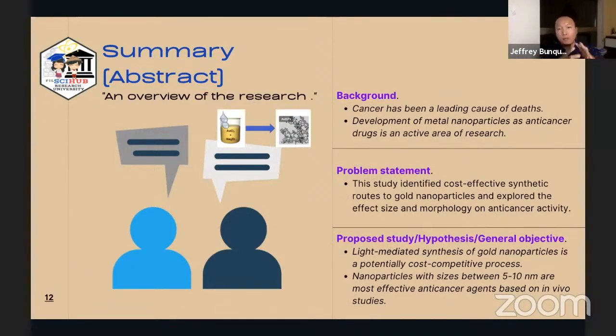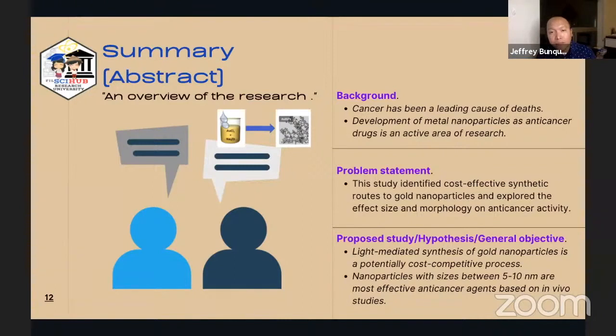And then yung pangalawa po niyan, it's followed by a problem statement. So this study identified cost-effective synthetic routes to gold nanoparticles and explored the effect of size and morphology on anti-cancer activity. So nandun na yung objective niyo. Ano ba yung sinusubukan mong gawin? Gagawa daw po ng murang anti-cancer drug, and then titingnan gumagana ba siya sa